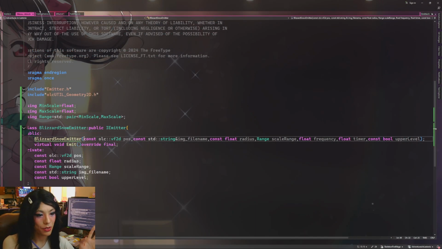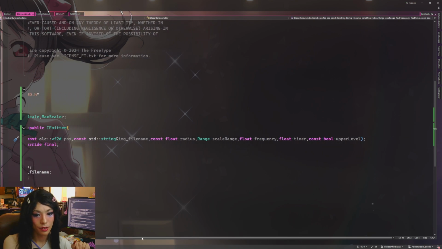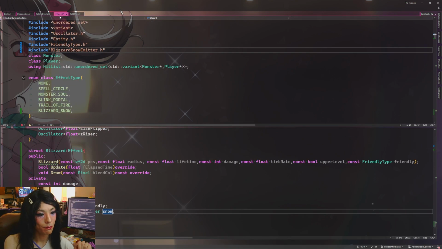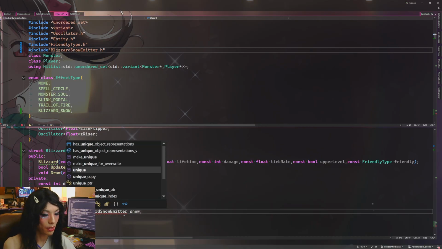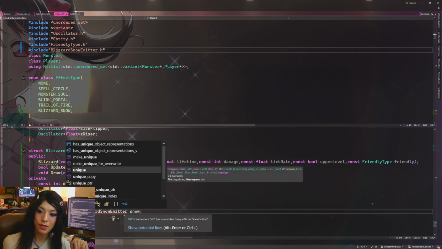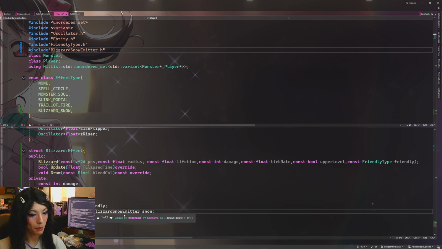So what would a default constructor look like, and why would I need to create this later? I guess what I would have to do is... yeah, I think it's the only way. I'm just trying to think, can we avoid that? I feel like we can't, at least with the way we're trying to use it, right? Do we need to store it is the question. I guess we do need to store it, so yes, we're going to create a unique pointer here of a